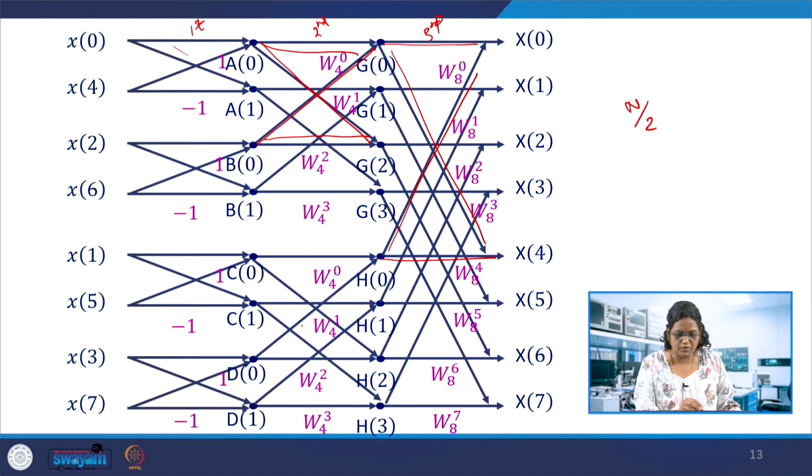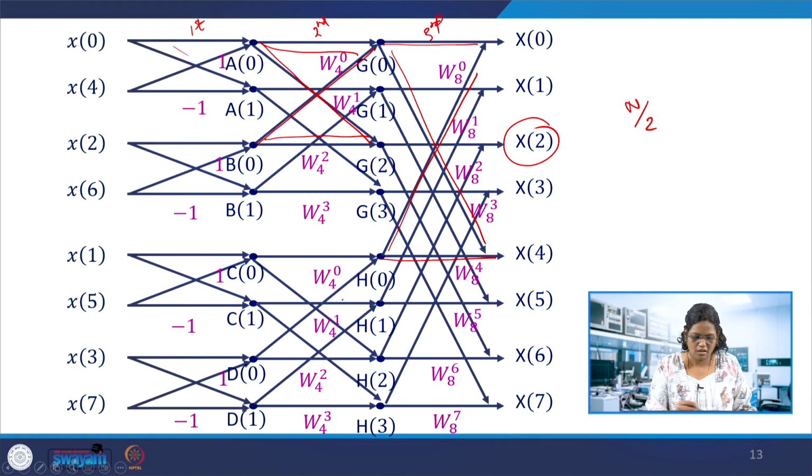Each butterfly is computed this way, and you can reach from input to output by any path. If you want to compute x2, you can choose the path from x of 0 and x of 2, or you can go from x of 2 simply by taking this value. Whatever way you reach the output, you will get it from the input samples. These coefficients are pre-computed for a fixed n. They are constant, and 3 stages are there, and if you give the number of samples, you can get the DFT outputs. So these are 0, 1, 2, 3.